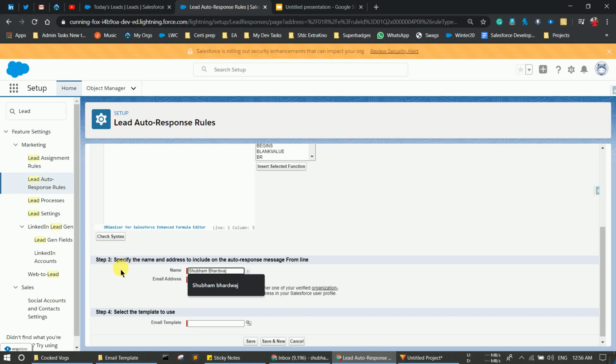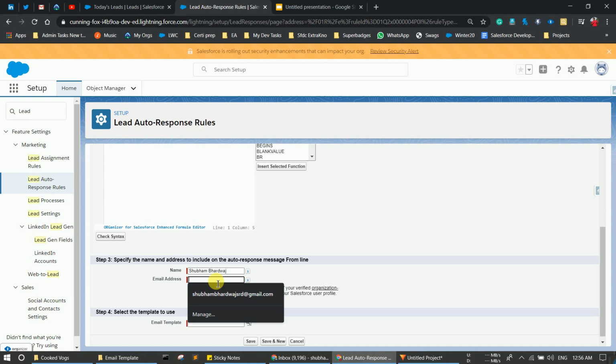After that, you have to simply select an email address, like what email address you have to show here. Suppose you are in your org, you are having a default email address which is your org email address, or a particular Salesforce user profile. Suppose you are having a sales profile and you are creating this rule entry.